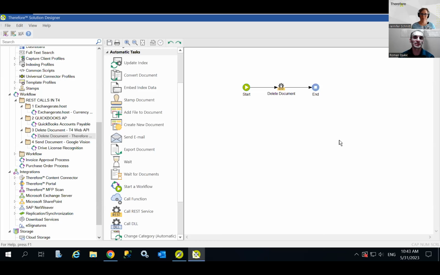A driver license, I think drivers from California, we are using as an example, will be saved into the Therefore category, and then the document will be sent to this external Google Vision service, and as a result they will perform optical character recognition. The information will be extracted, and as a response we will receive that information into Therefore, and required index fields such as first name, last name, date of birth, and so on